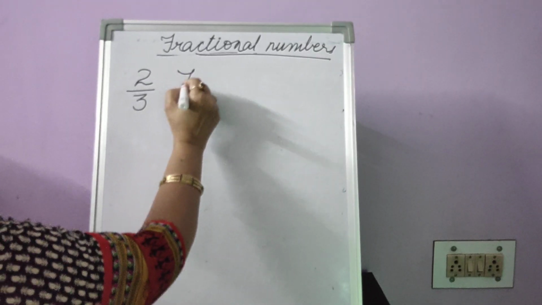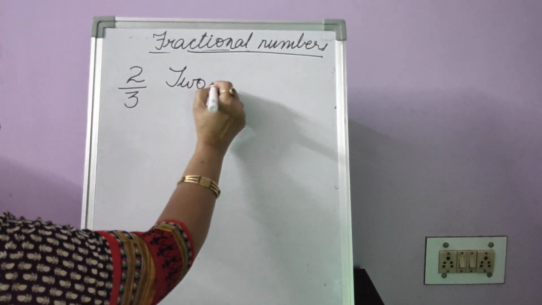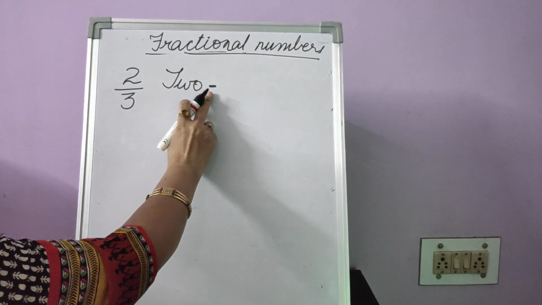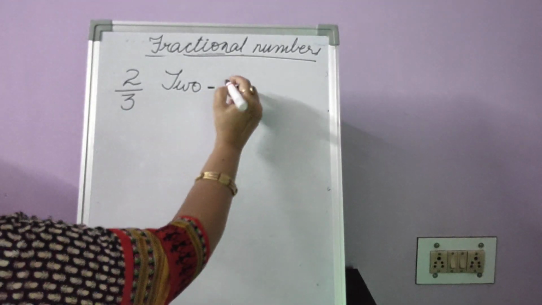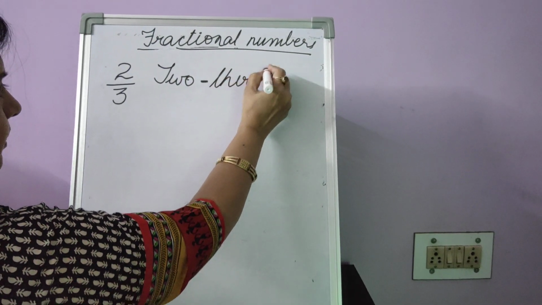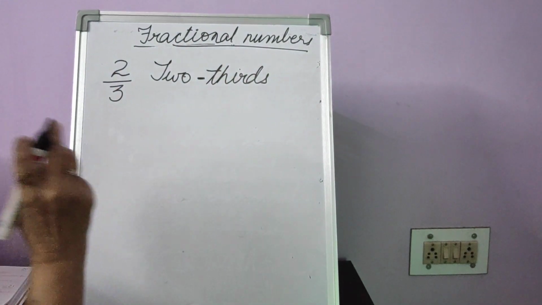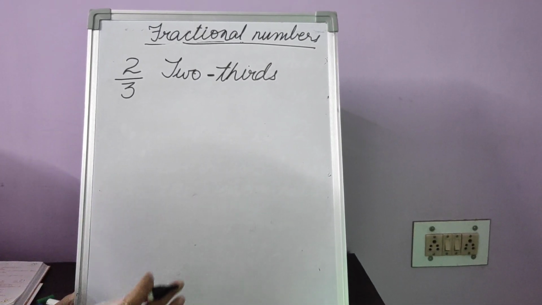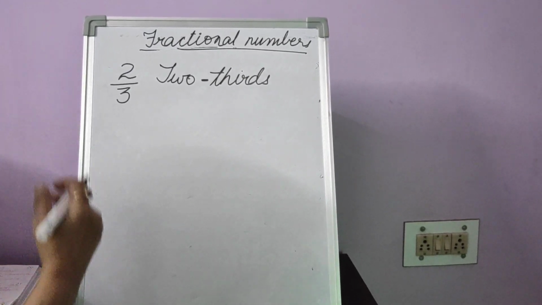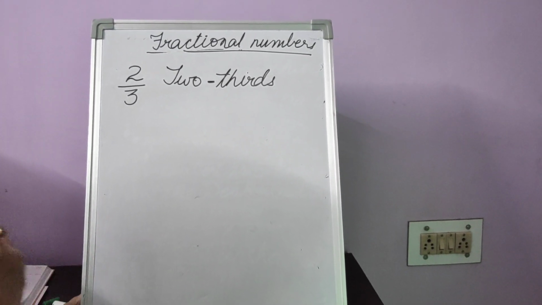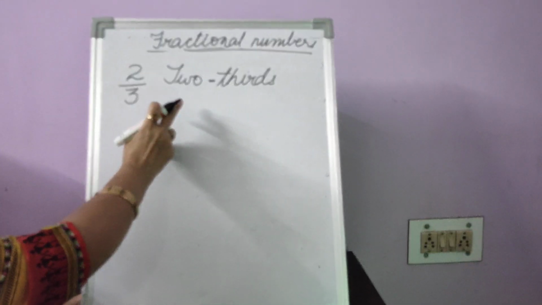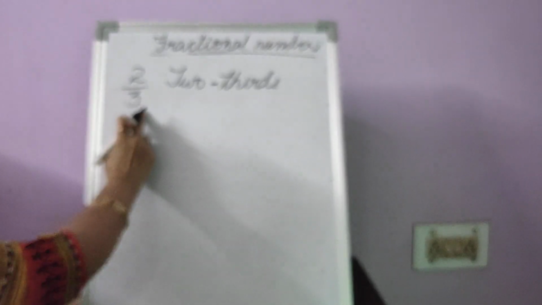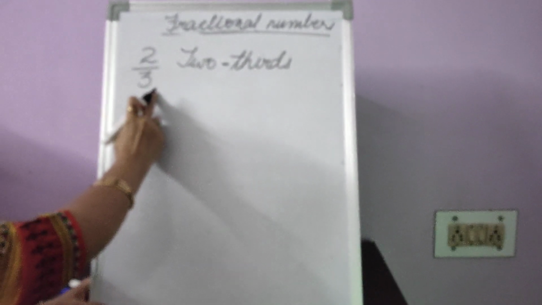The fractional number will become, I'll explain, 2. This is a hyphen. This is not a bar. This is a hyphen of the English language. 2, and denominator we will not write 3. Denominator we write as thirds. Mathematics has 2 sets of numbers. We call them the cardinal numbers, 1, 2, 3, 4 and so on, and ordinal numbers, that means in which order, first, second, third, fourth, fifth, sixth and so on. When we write the fractional numbers, for the numerator we write a cardinal number, and for the denominator we write the ordinal number.